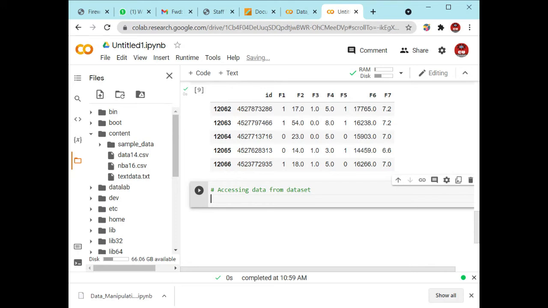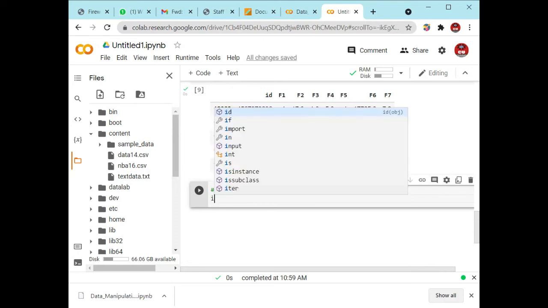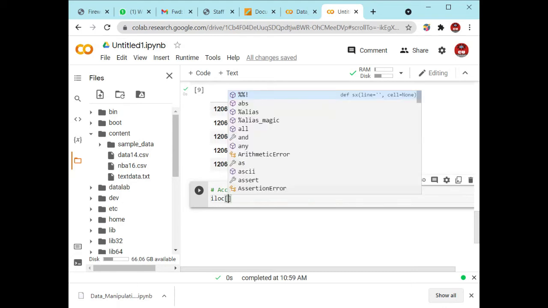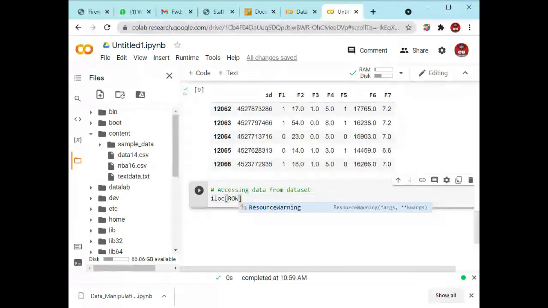Okay, so this is the function name, iloc, and in the square brackets you have to define the row and the column position. This is the syntax for accessing the data from the variable.